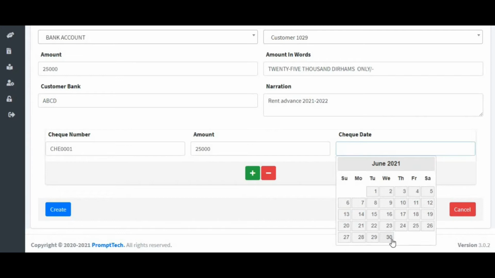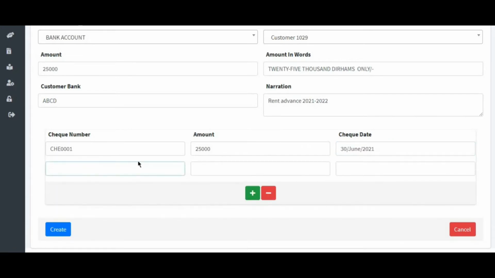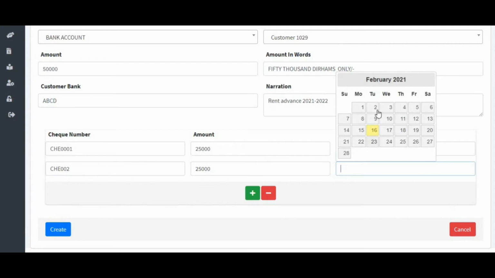These things are actually very easy for you to record over here, right? So I'll put the check. For example, the person has given 3 checks, PDCs, for the entire year, right? Or quarterly PDCs, 4 checks are there.